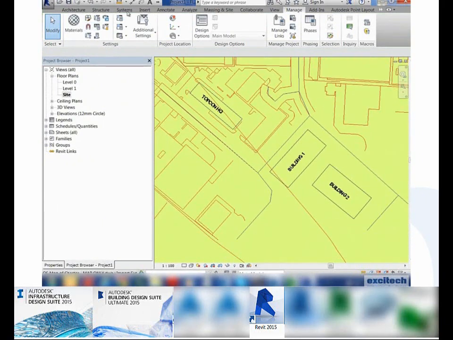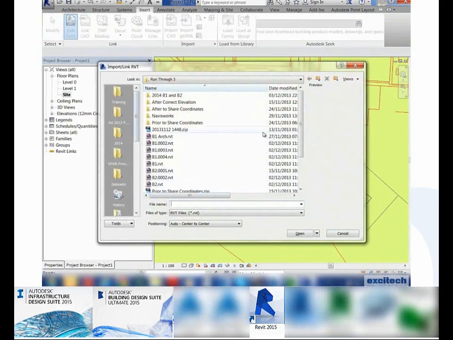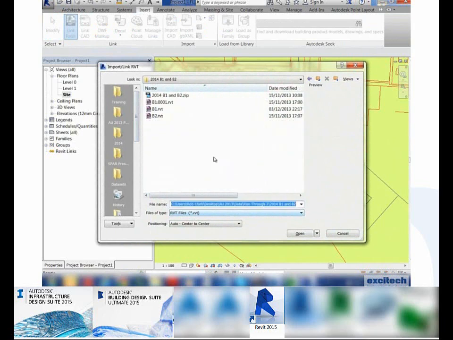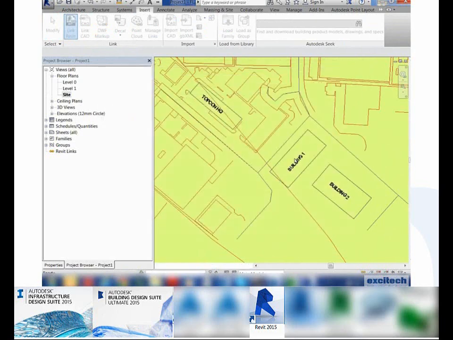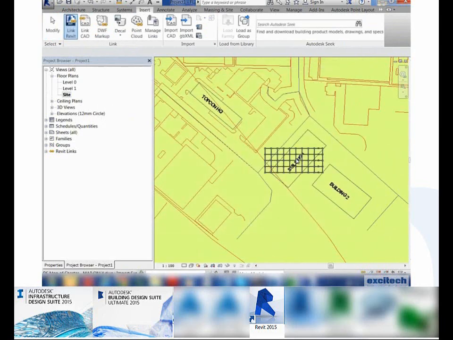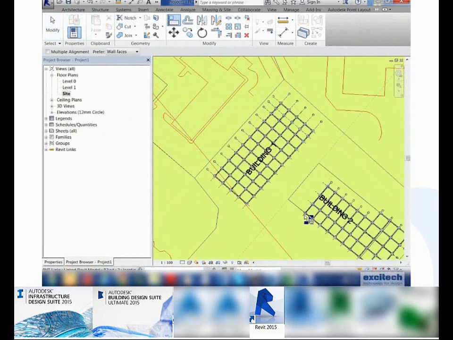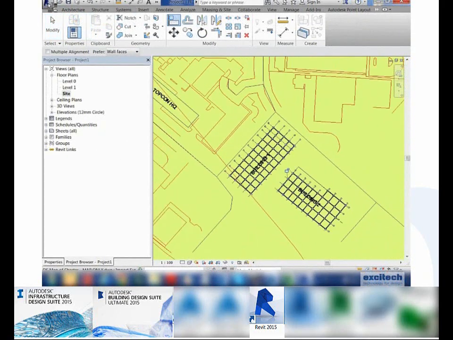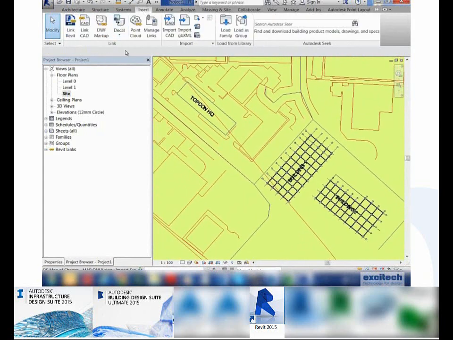Now if I come in, I can see my building pads which are mapped out in Map 3D, and I can link in my building models. I do this just under a standard linking arrangement using the manual insertion point, which puts it on the cursor. I'll just take a few seconds now using my modification tools to accurately position that in place, and what I can do next is use my